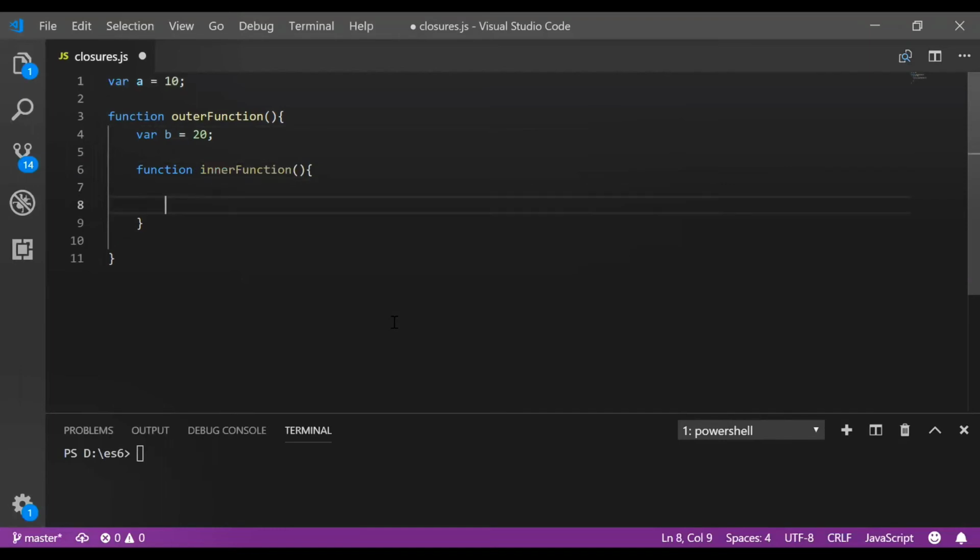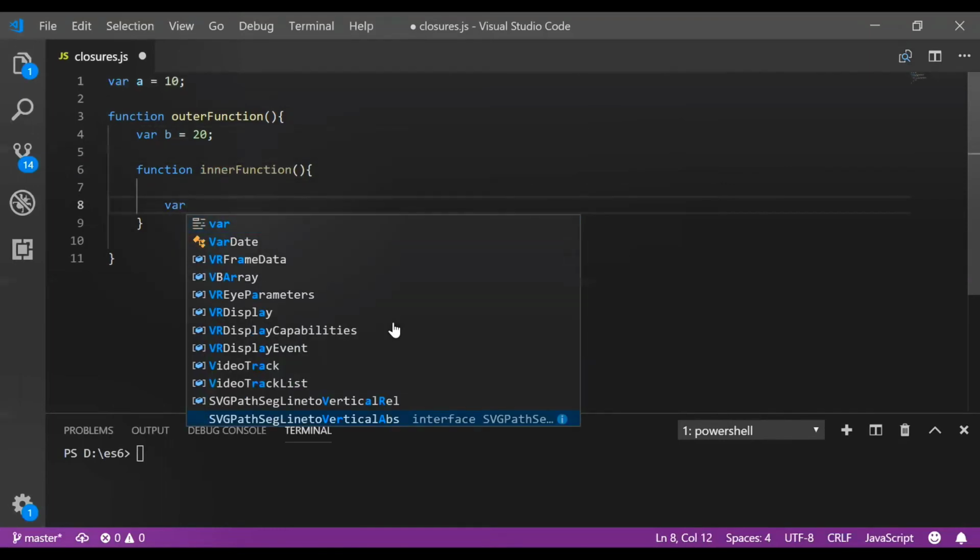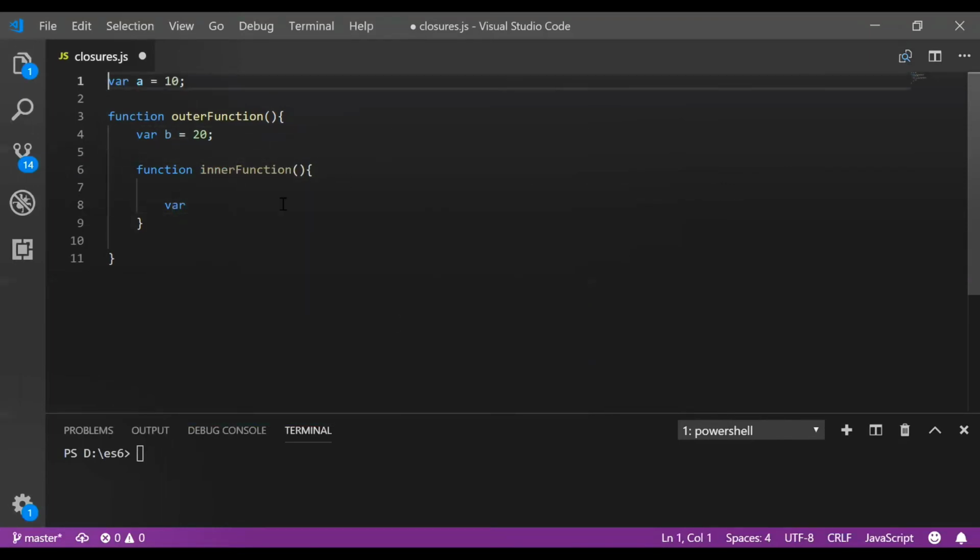As the definition says, the closure has access to three scopes: the global scope, the outer scope, and the inner scope itself. The global scope here is a, the outer scope here is b, and the inner scope is c. Let's return the result and see.